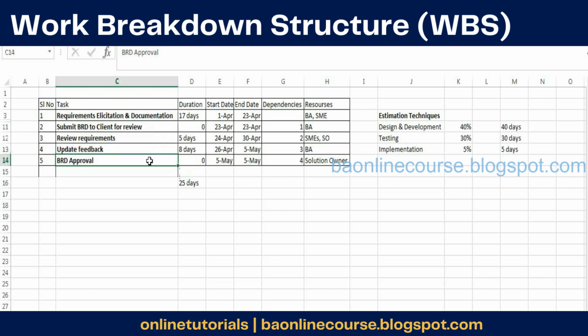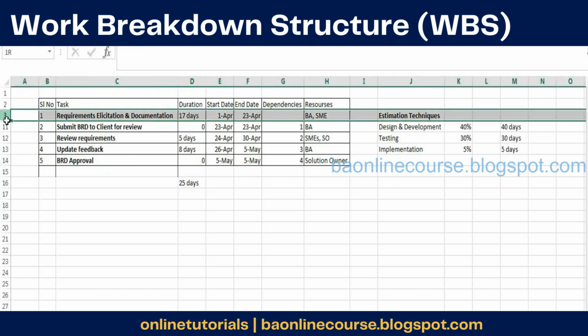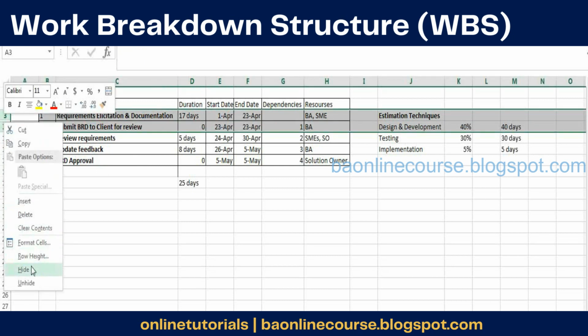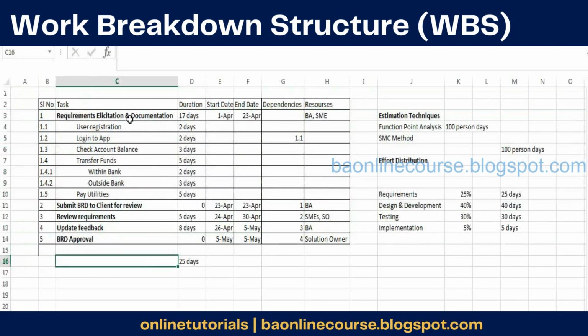Okay, now specifically, what we won't be able to answer for all projects is the duration, right? So how many days would each one of these activities take, right? If you ask for a mobile banking application, how many days would the requirements take? So I don't know, right? So I cannot just answer it, because it might have some 10 features, 20 features. This could change, right? So how do we approach that activity? How do we ensure that we break that into smaller activities and then understand it, right?